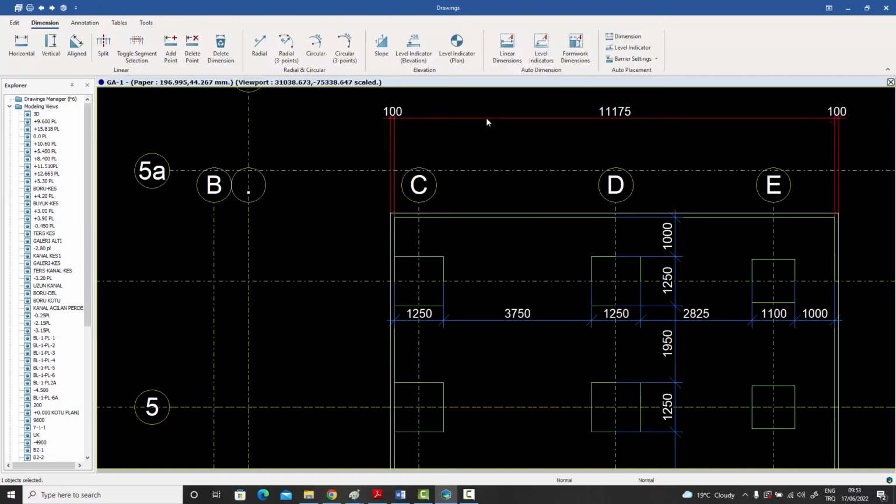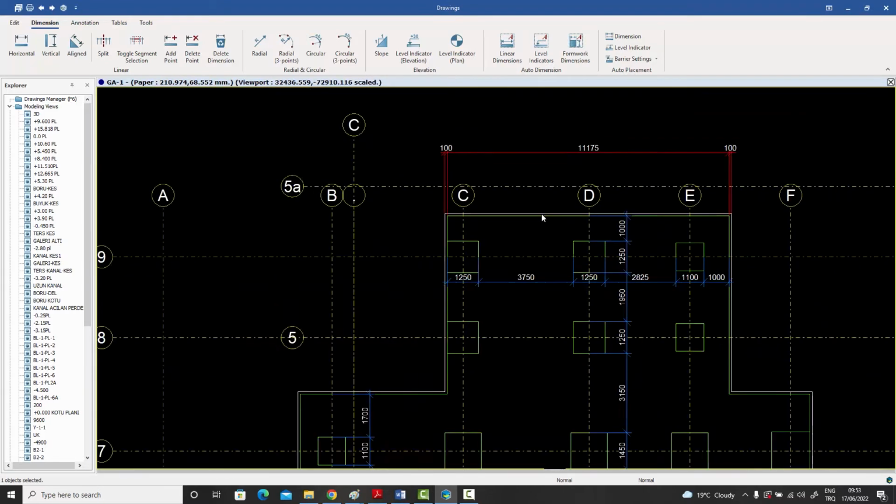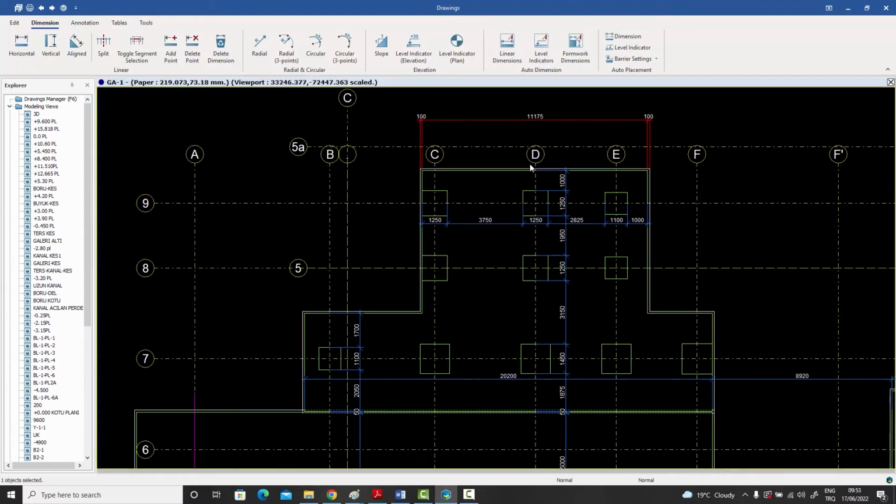So the next time I open this one, you won't see the dimensions of the cut. You'll need to go in and add those points yourself. Or let's say I have dimensioned that, and the cut moves to a new location. The dimension will still be showing the old location of the cut. But if you create those dimensions using the Formwork dimensioning along a line command, then that becomes a different story,